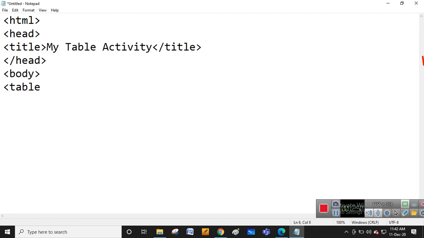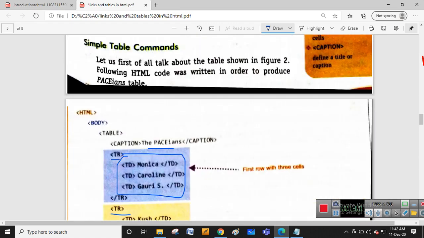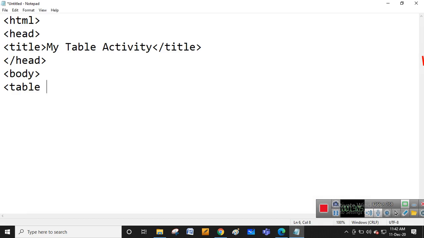Then table open. If you want to make a caption, let's make the caption part. What's the caption tag? The tag is simply caption. Okay, in the table I'm making the border of 2.